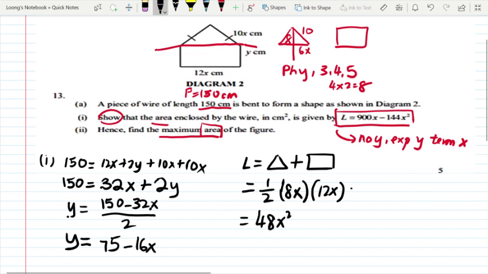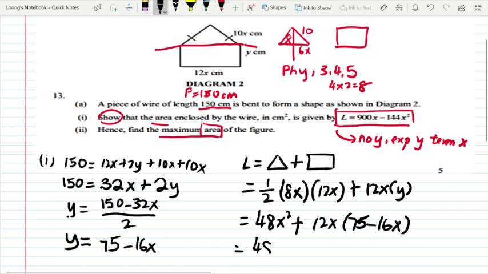For the rectangle, it is 12x multiplied by y, so it's actually 12x with 75 minus 16x, and 48x squared plus 900x